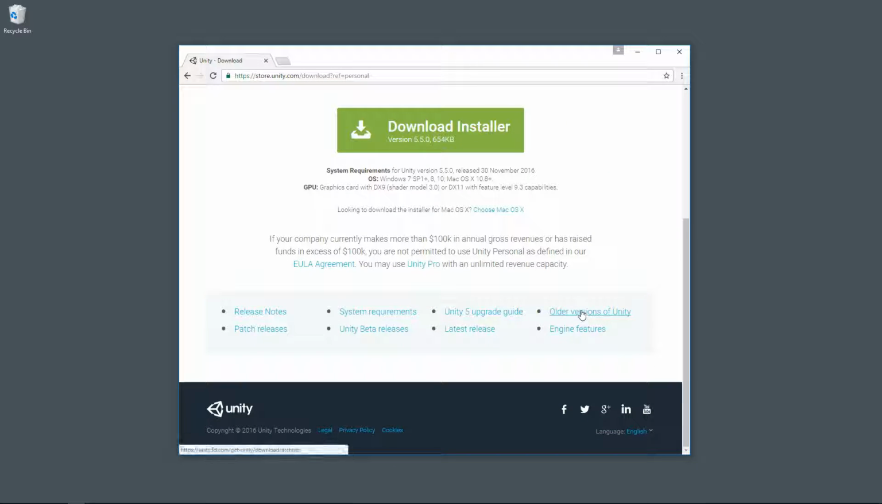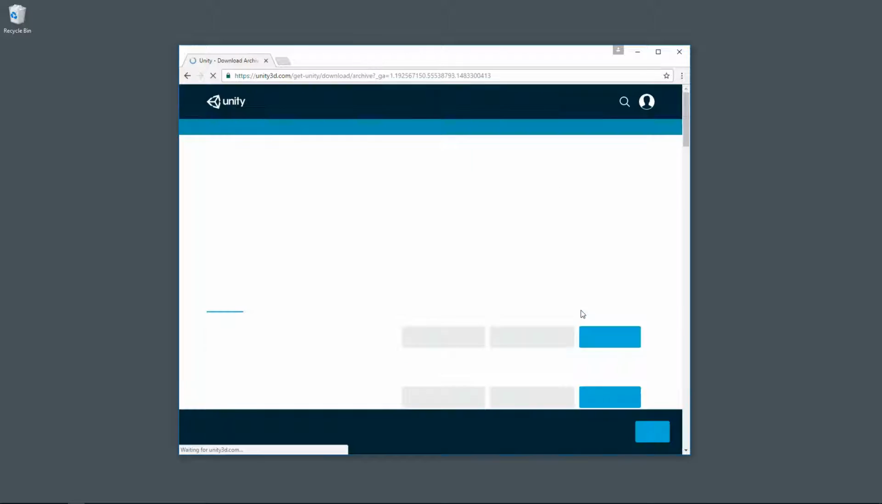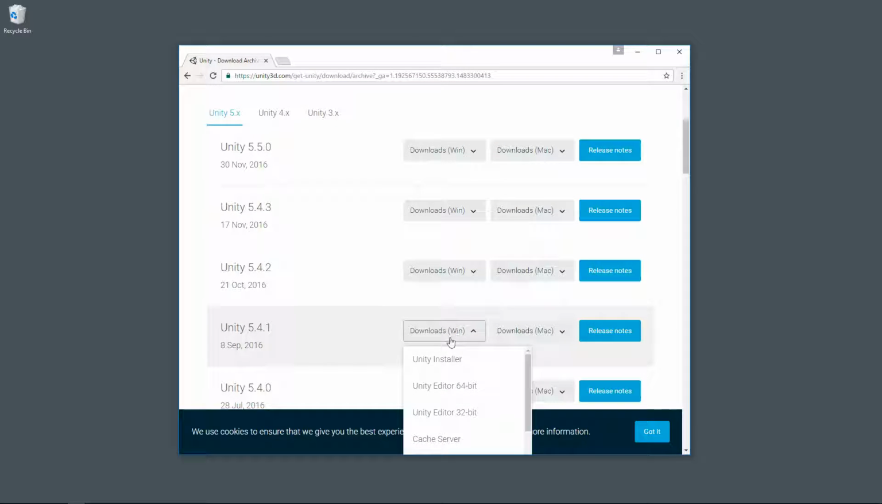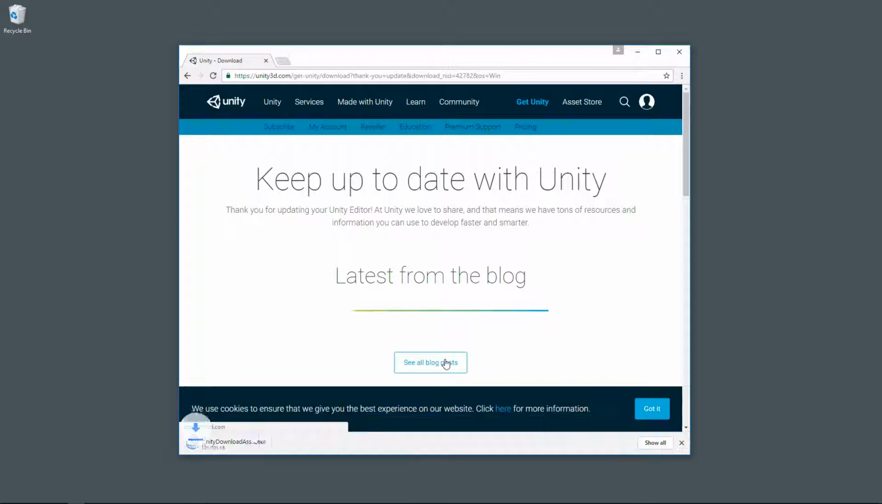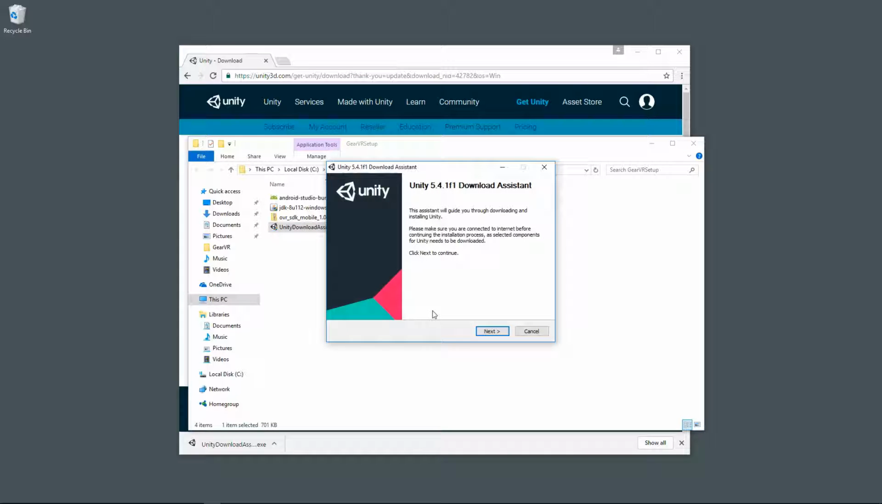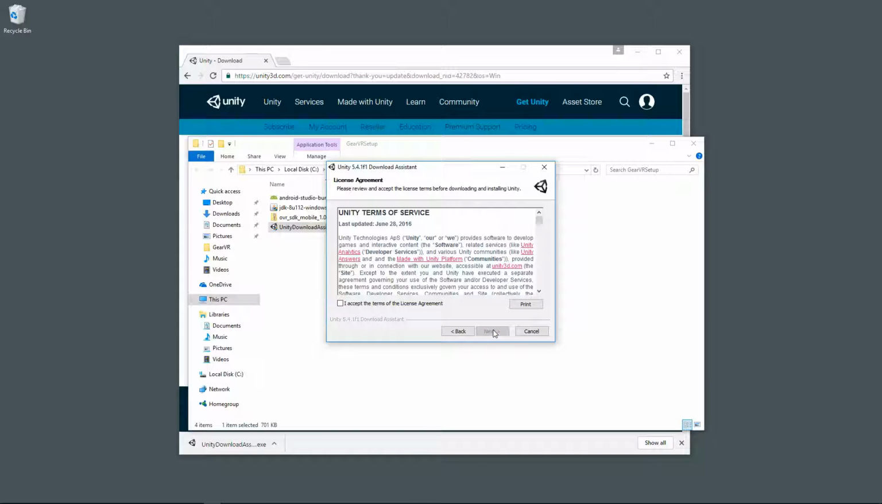We can go down here to older versions of Unity, and we're looking for 5.4.1, and I'm going to download the Unity installer, and that downloads very quickly, and we can show in folder, and I'm going to run it as administrator, and yes, allow it to make changes to the device. Next to continue, accept terms,